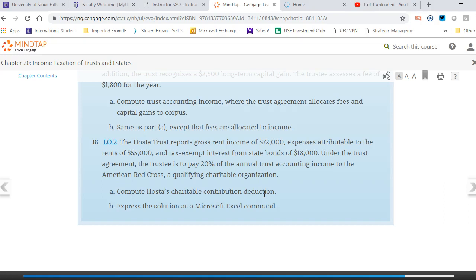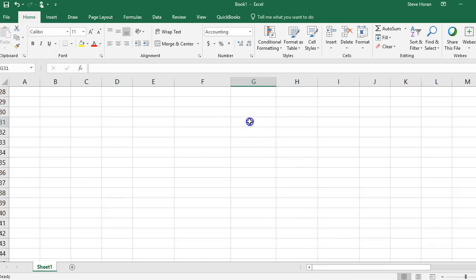Okay, so take a look at the numbers. So rent income of 72, minus the expenses of 55, plus exempt interest of 18. So 72 minus 55 plus 18. We'll just go ahead and type those in. Just simply 72 minus 55 plus 18. Add those up. We get 35. Okay. And so then